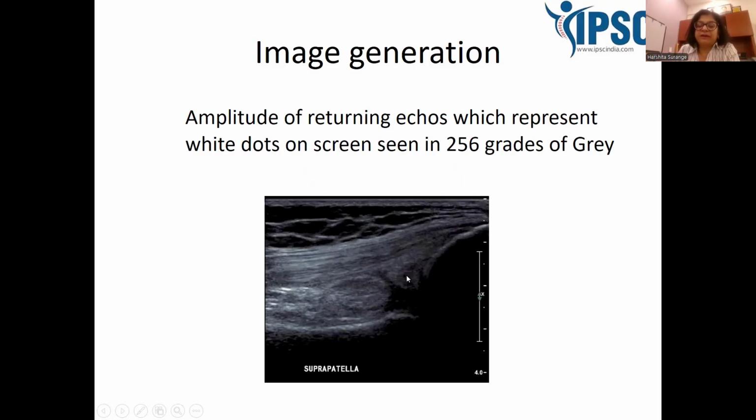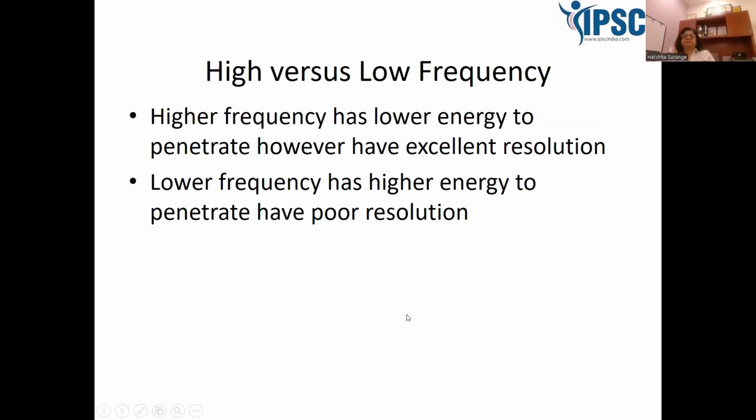On top of the patella here, you can see an echogenic area, and right in front of the femur also you see this echogenic area. These echogenic areas are nothing but the suprapatellar fat and prefemoral fat pad. And between the suprapatellar fat and prefemoral fat pad, you can see a recess here, a black area, which is nothing but the suprapatellar recess, which is an extension of the joint capsule outside the articular surfaces.